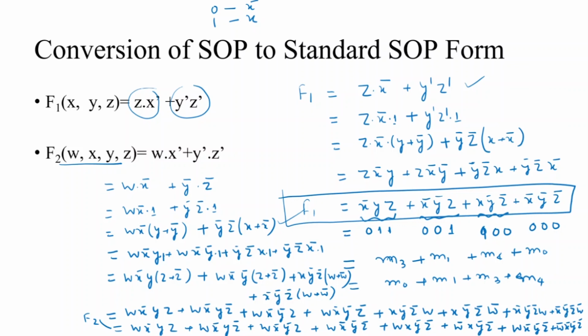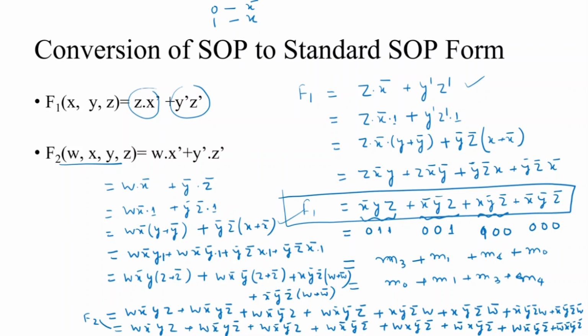Here we see that all the minterms contain all the literals, this means the function is in standard SOP form. This is the process of converting a Boolean function in general SOP form, meaning a function in which the minterms do not necessarily contain all the literals, and how we convert it in